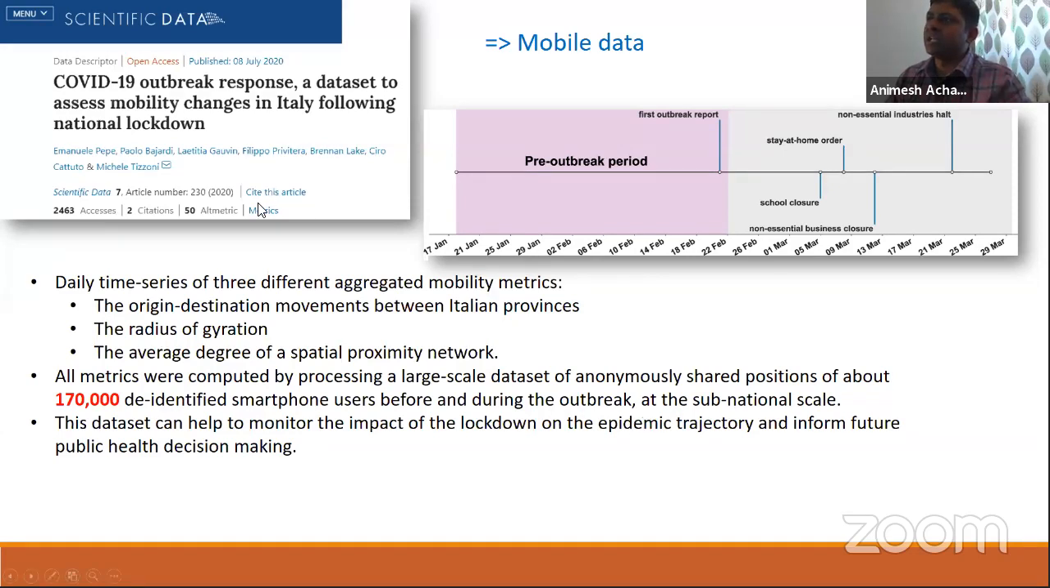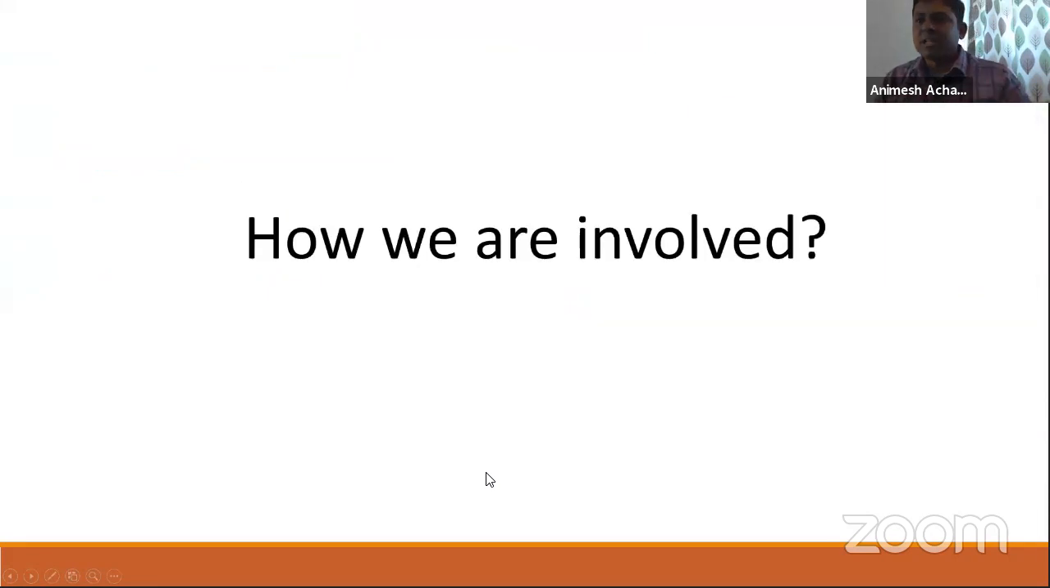And this data is free. You can download and do your own analysis. Okay, so I covered the next bit. Now next is how I am involved in this type of COVID work, because